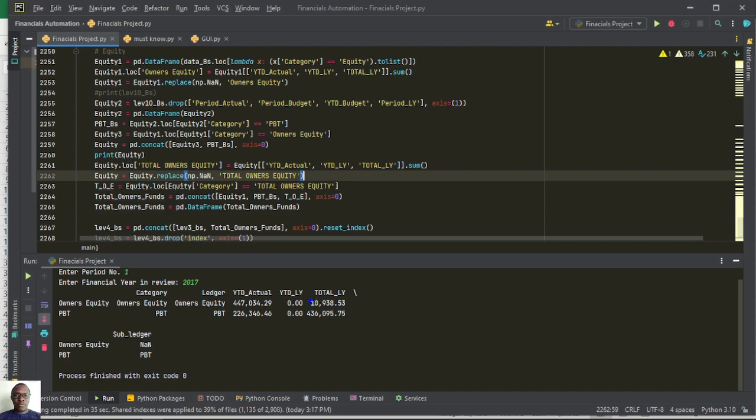We need to add this to get our equity. We need to add 10,938.53 to our profit that we had last year as PBT before tax to get the opening owners equity. So the opening owners equity should be 447,034. So that is what was a bit confusing, and then from there we need to add again